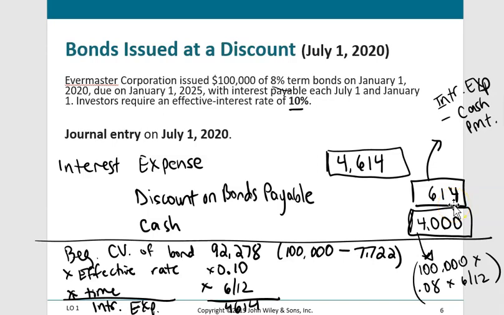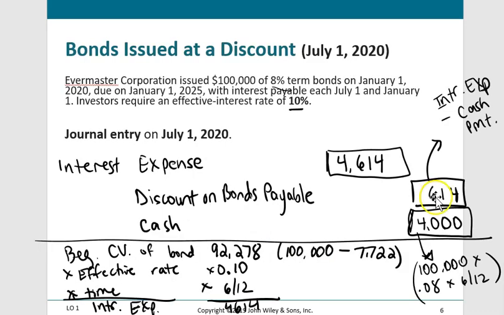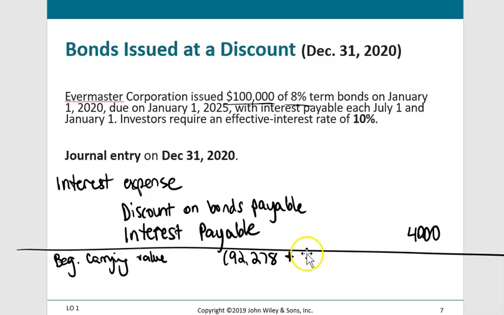It's probably easier to say our previous beginning carrying value was 92,278, and if we reduced the discount by 614, we're increasing the previous carrying value. So the beginning carrying value is 92,892, and we multiply that by the effective or market interest rate,